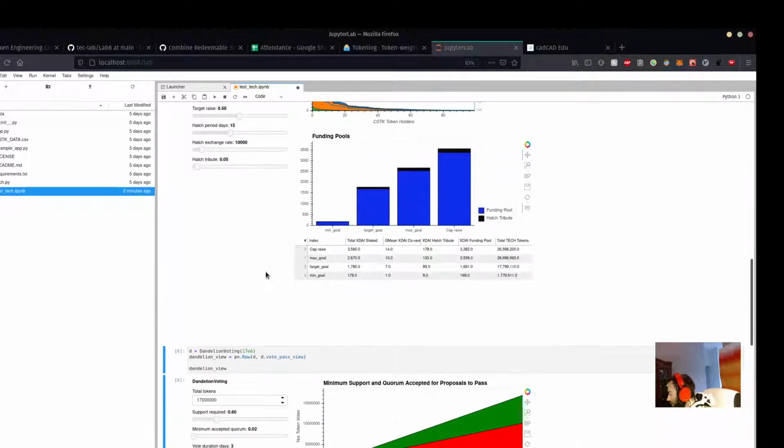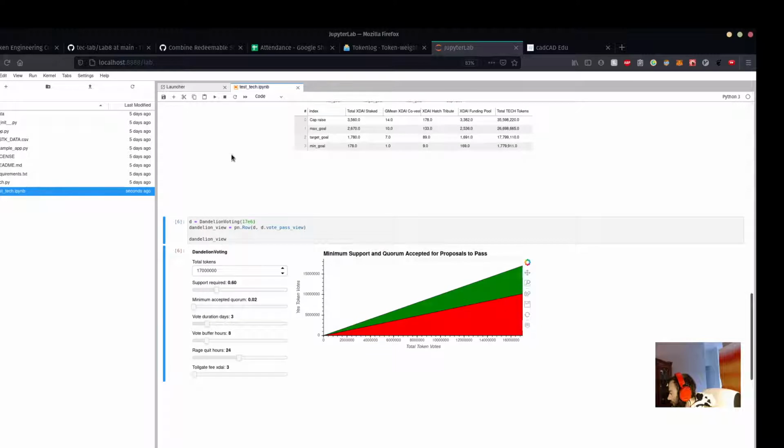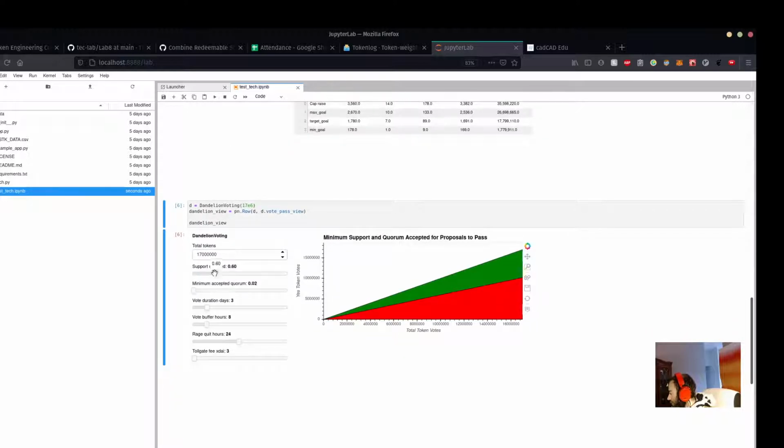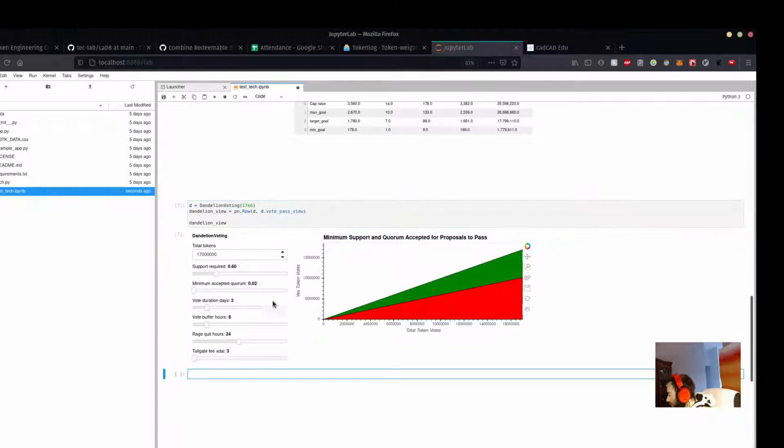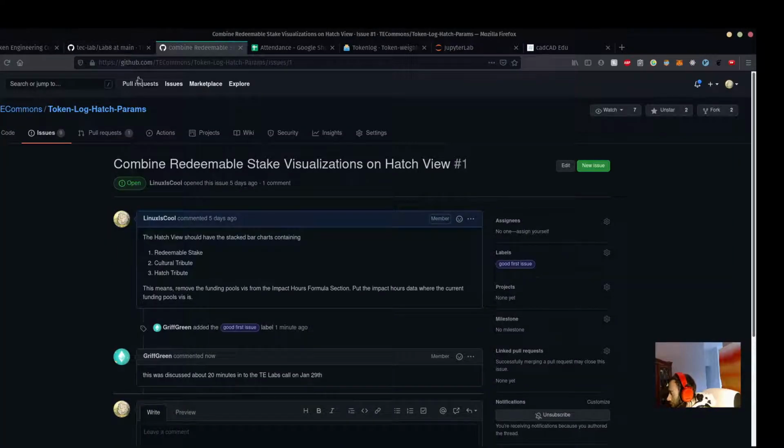So that's going to be really nice. And then finally we have the dandelion voting. This is just so cool. I want to play with it, but I don't know if there's any issues on this, but there might be. We went through quite a bit of these the other day, and really good resources are